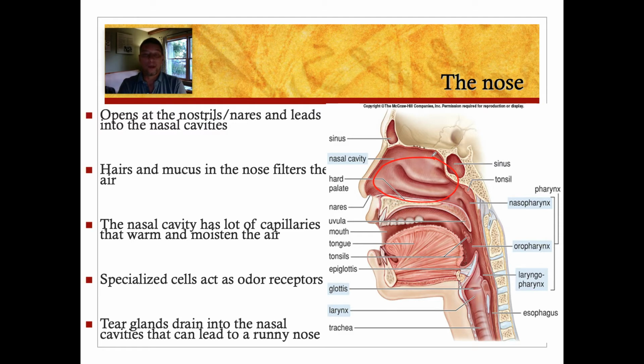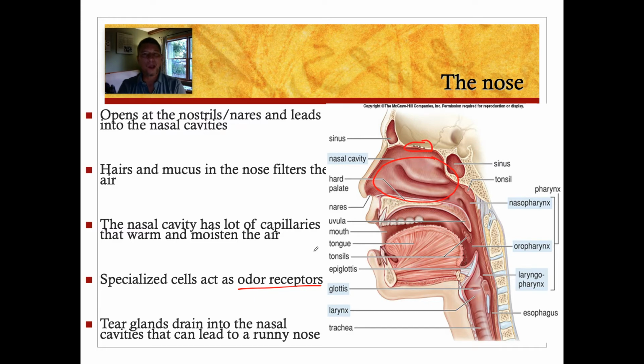Now, although we're not going to spend much time talking about it now, right up here are specialized cells that act as odor receptors. All right, we'll talk about that much more when we get to the nervous system and the various senses, one of which, of course, is the sense of smell, but that does occur in the nose, so we should mention it here. And then finally, there are tear glands that run into the nasal cavities that can lead to